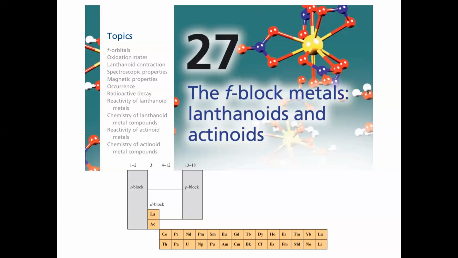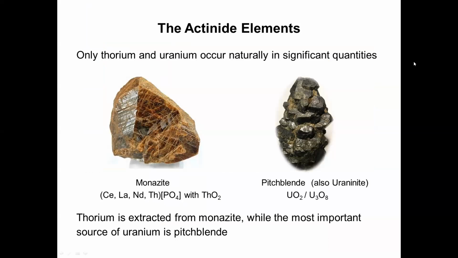So as already introduced, today's lecture will be on the actinide elements, and we will, wherever possible, relate back to last week's lecture on the lanthanides, where we will try to draw conclusions about similarities and differences between the 4f and the 5f elements on the periodic table. Starting off with the natural occurrence of actinide elements, basically only thorium and uranium naturally occur in significant quantities to be mined. And thorium is typically obtained from monazite, a mixed f element phosphate mineral that contains significant quantities of